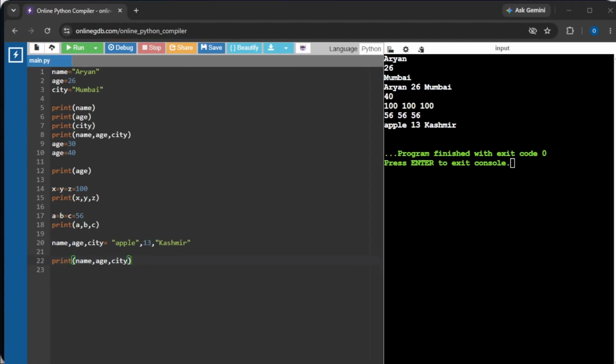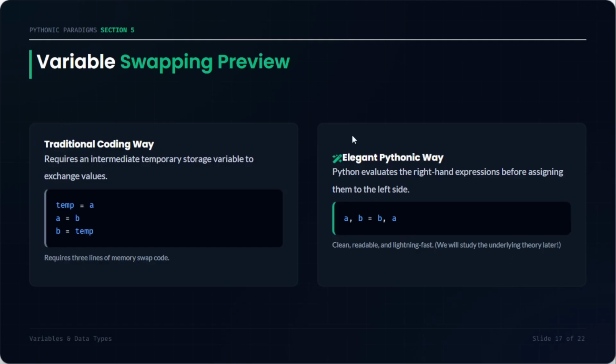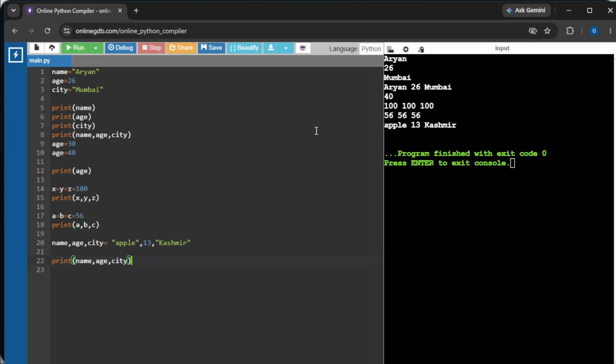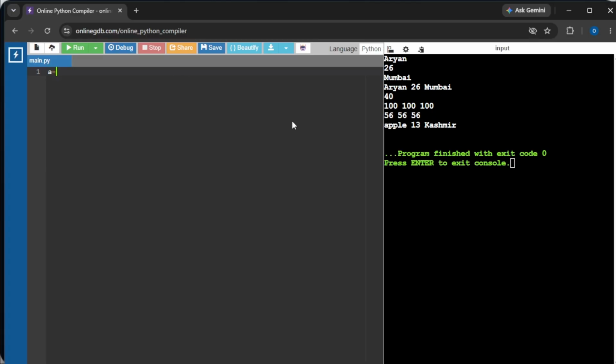So here we can do this variable swapping. So we will first do the traditional way. For that we need to first remove all this. Now we will do a equals to 20, b equals to 30. Now if I tell you to change the value of a to b and the value of b to a,